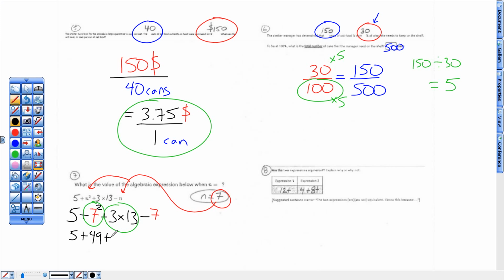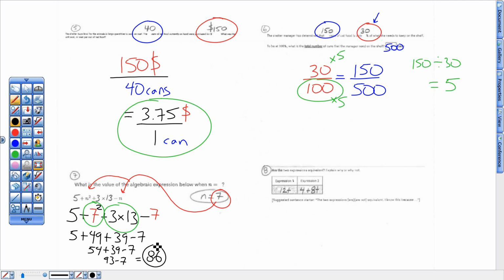Never 7 times 2. 3 times 13 gives me 39 minus that 7. If I add that left to right, 5 plus that 49 gives me 54. And then taking that 54 plus 39 gives me 93. And then that 93 take away 7 gives me